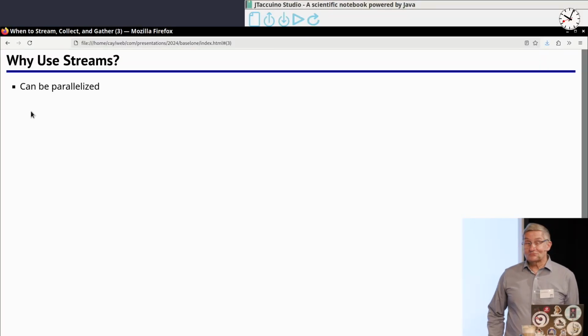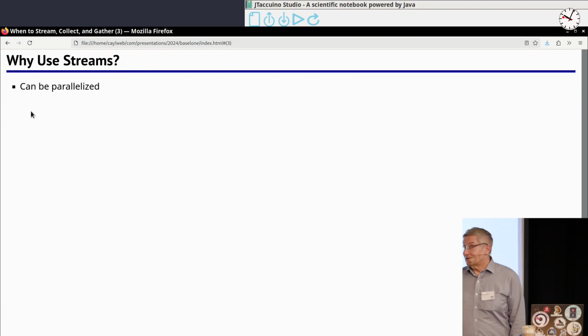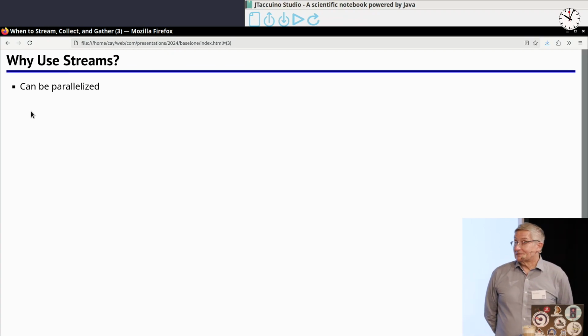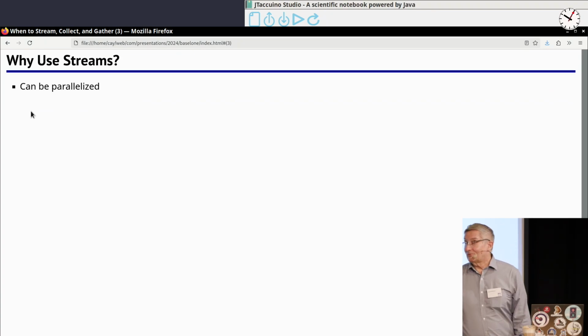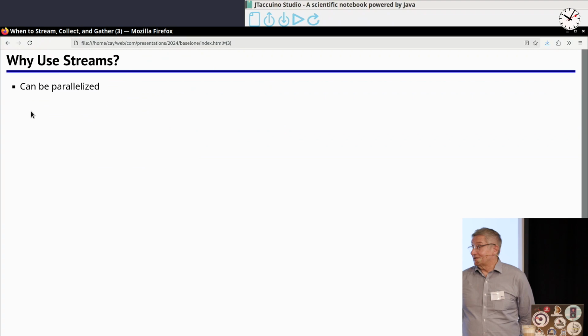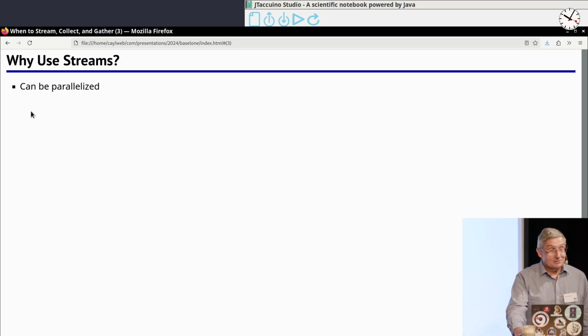So why do people use Java streams? There was a time when Java 8 came out, that most of you are too young to remember, that people used Java streams because it was the cool new thing and you had to use it, but that was a long time ago. The reason that supposedly Java streams came to Java 8 is that they made it really easy to parallelize them. You had your stream pipeline, and it did some computation, and you inserted a dot parallel, and whoa, it was now 8 times as fast because you had 8 cores. I don't know if there are many use cases of this in practice, because not many of us write code that really can load up those 8 cores or whatever many you have. But that was the original use case.